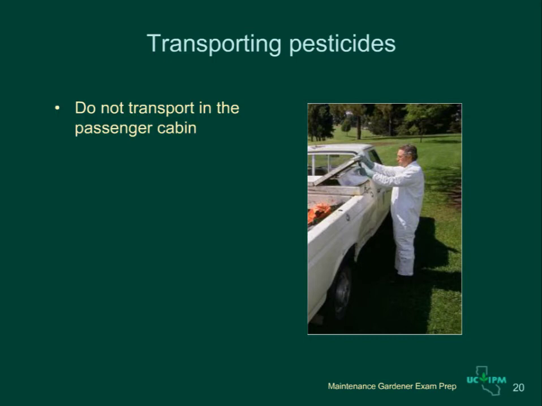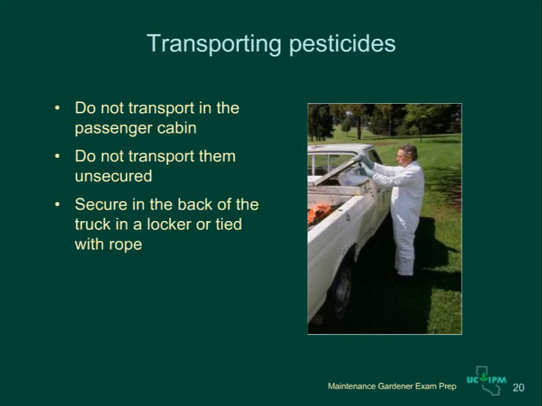You must secure pesticide containers in the back of the truck in a way that prevents spills or movement. Don't leave them loose in the truck bed. Placing pesticides in an enclosed, secured locker in the back of the truck is ideal. You can also secure pesticide containers or sprayers using bungee cords or placing them in a sealed and secured plastic bin. Also remember to label service containers such as backpack sprayers with the name of the responsible party, the product name, and the signal word.